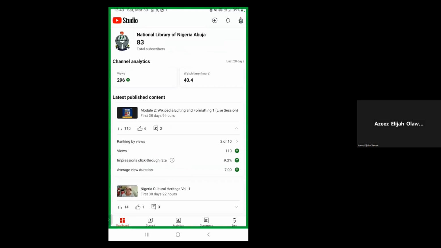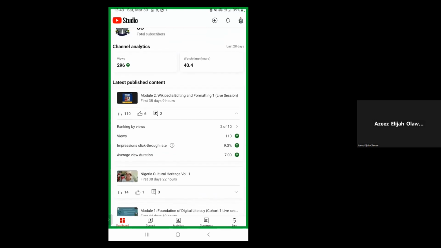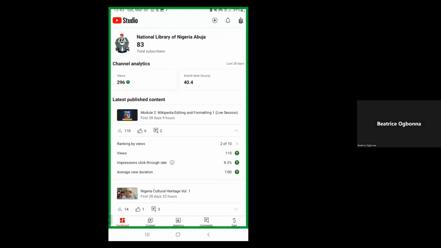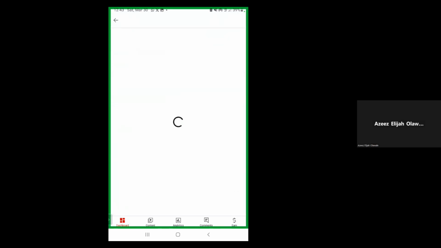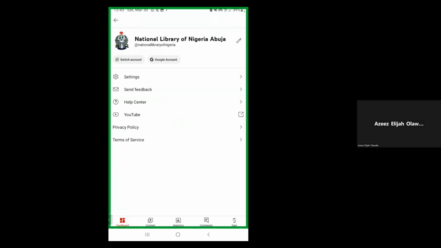Okay, so this is how it looks. But if you are logging in for the first time, you will need to register your account, and to do that, you must have an existing Gmail account to use this particular YT Studio. Because I'm connecting with National Library of Nigeria,